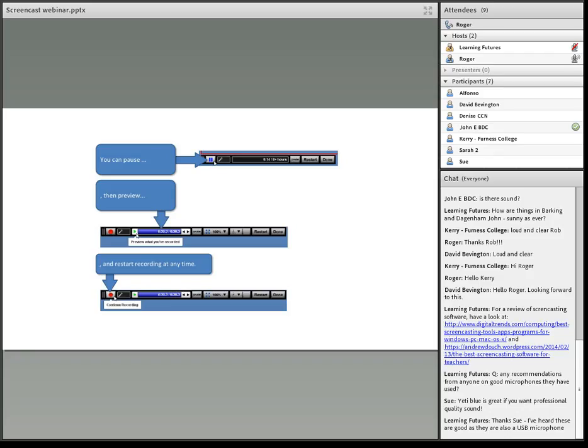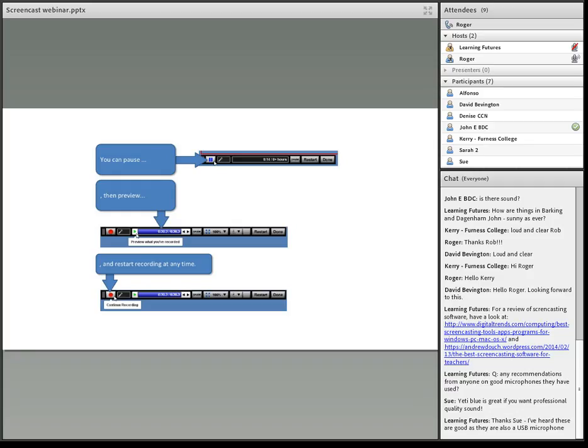When you come to save, you can decide whether you want the mouse pointer showing. You can also decide whether you want a halo effect around the mouse pointer, whether you want the mouse click to sound as a mouse click or not. And again, some of these things are just to play around with, and like anything else that you will use technology wise, that's exactly what I'll do. Just play around with it.